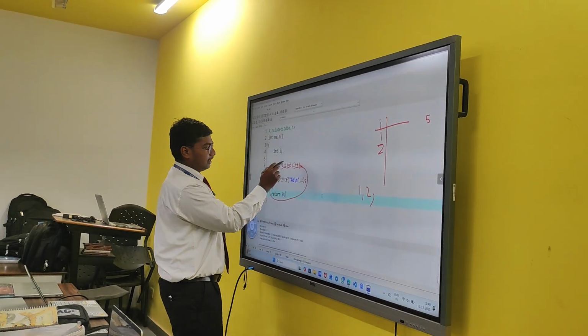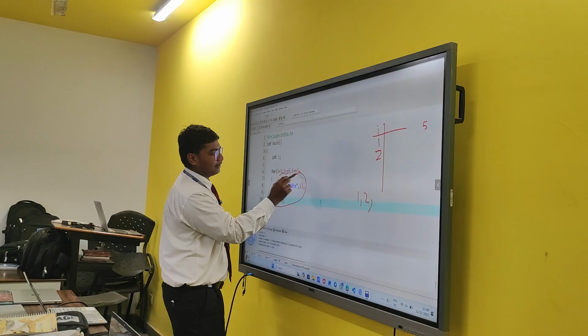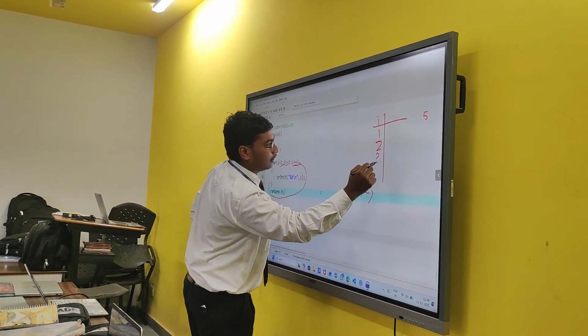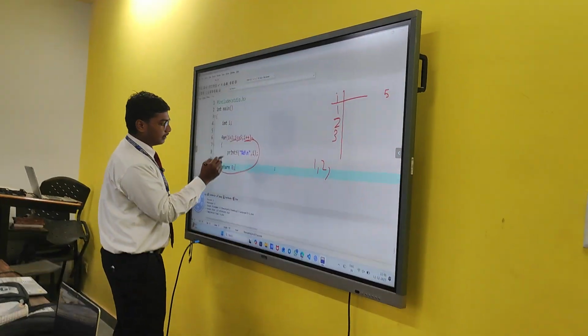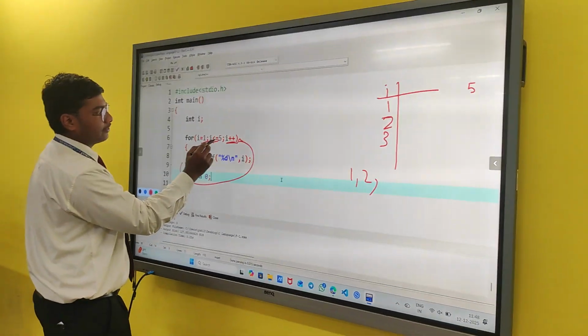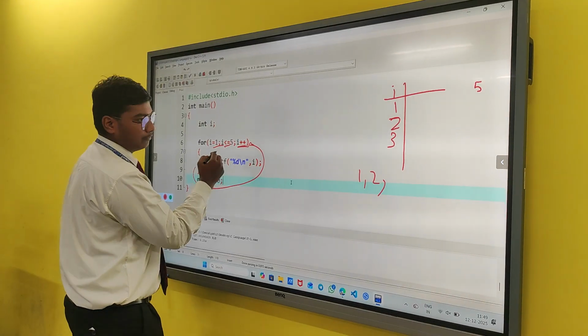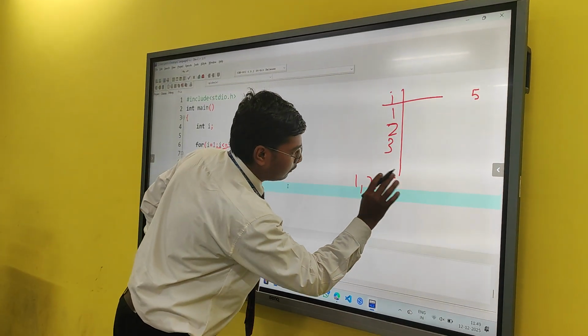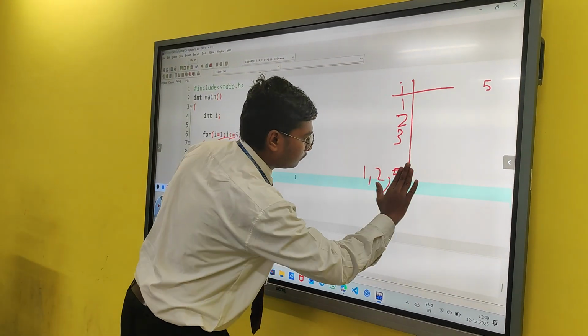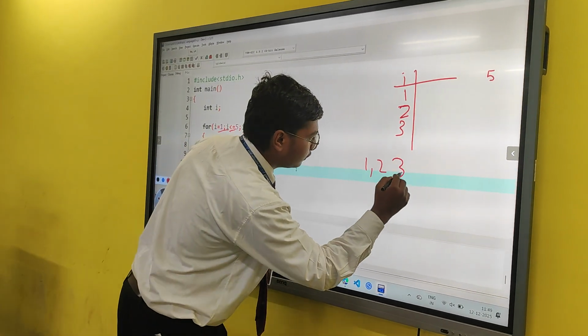After that it will do the increment part, that is i plus plus. Then the value of i is 3. After that it will check that i is less than or equal to 5. Then it is less than 5, so here we write 3.